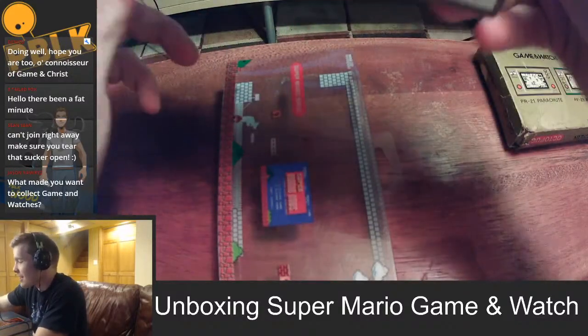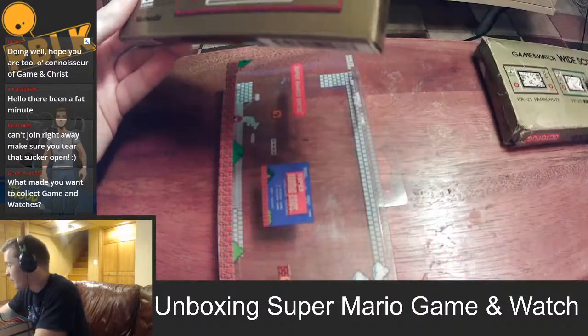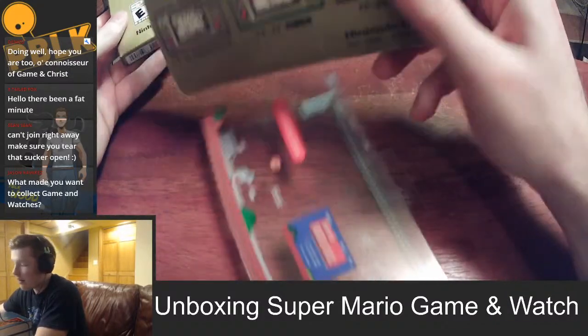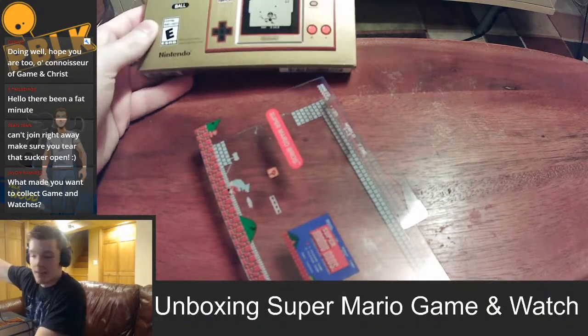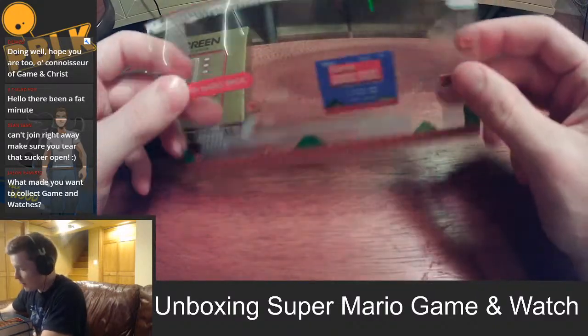Ooh, it's glossy, boy. It's glossy. I'm assuming this is what Game & Watches used to feel like before 40 years of wear and tear. It's pretty similar. Doesn't smell, though. Hang on, let me get a better... So, as you can see, the Super Mario Brothers accoutrement...